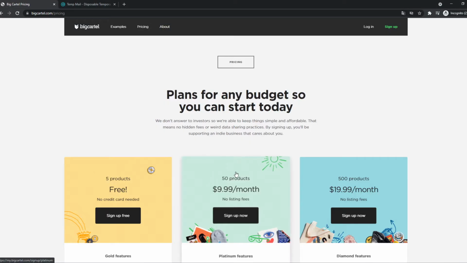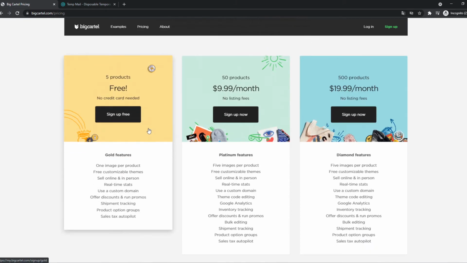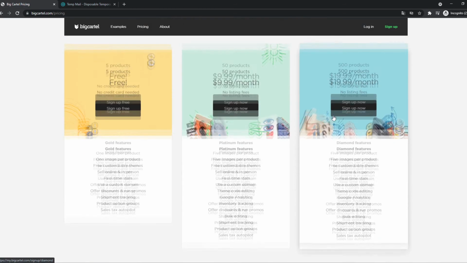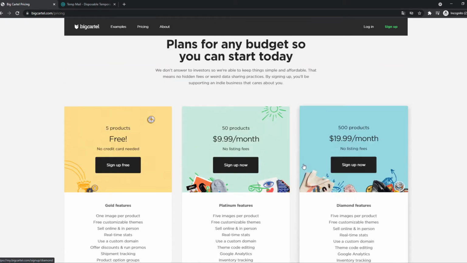So we can hit open your store and here we can see the plans if you want to go for a free plan or for a paid plan. If you don't want to pay anything, of course you want to go for the free plan. You don't need a credit card, that's nice. However, you only get 5 products that you can sell. If you want to list more products, you can always go for the paid plan, which is only $10 or $20 a month. And that's still not a lot in my opinion, especially if you compare this to its competitors. So for this video, I'm going to choose the free plan, which is here.